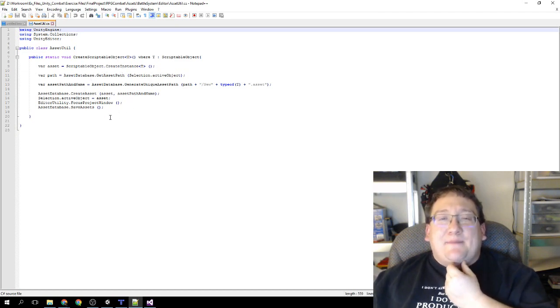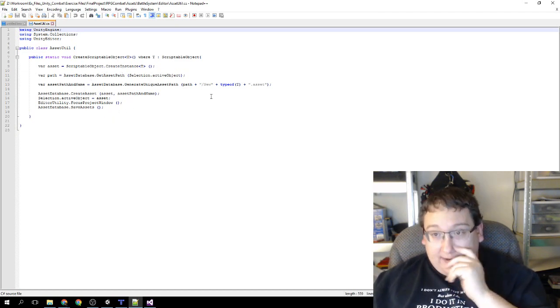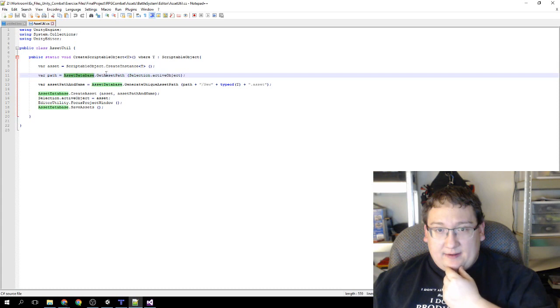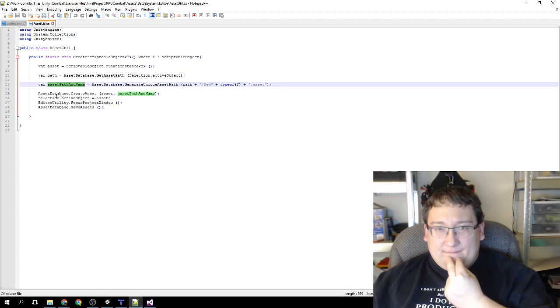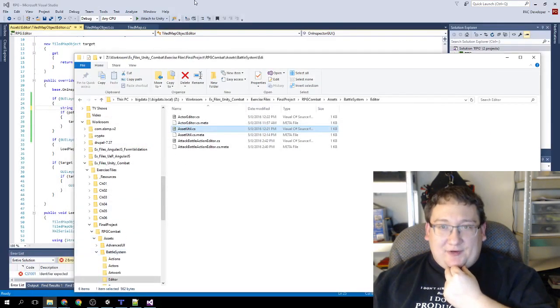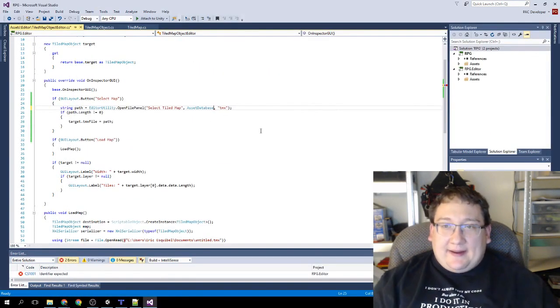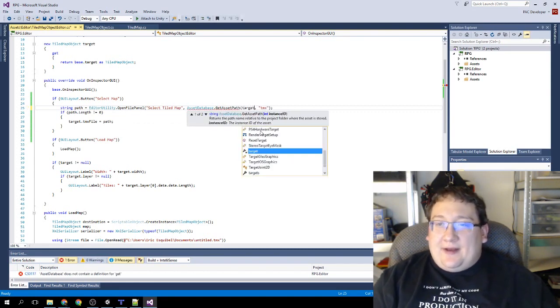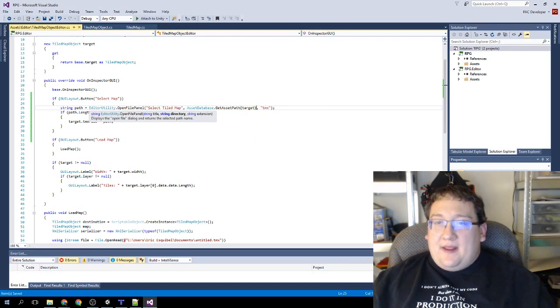No, he's getting the path for a specific one. Yeah, what I'll do is I'll get the asset path for just the current asset, and that way it'll always